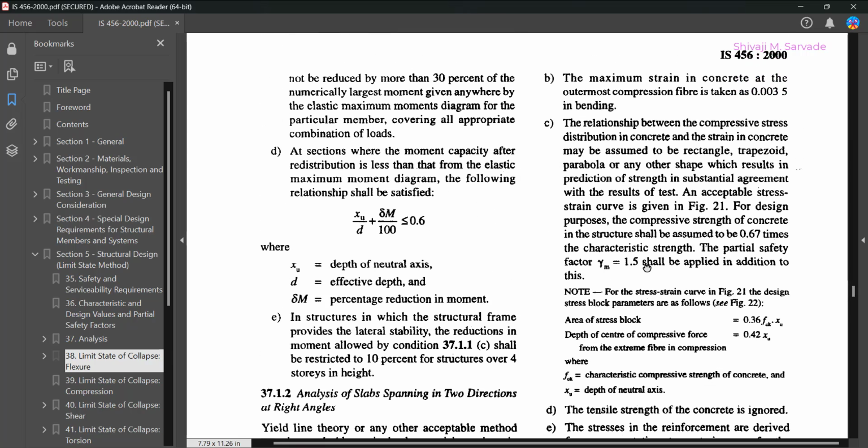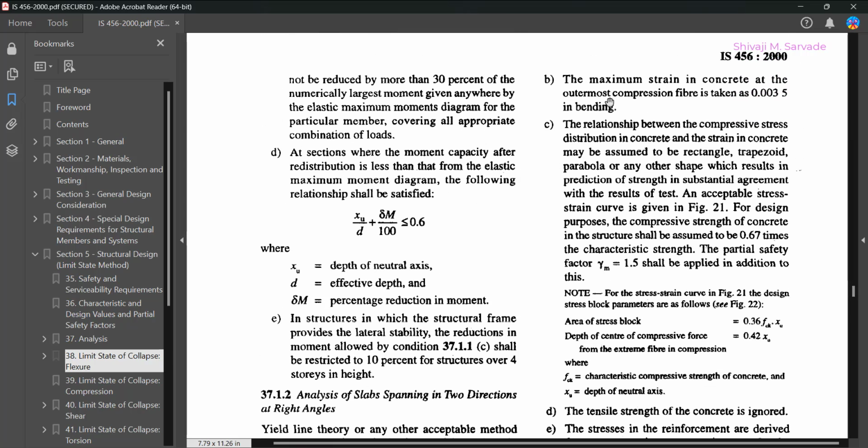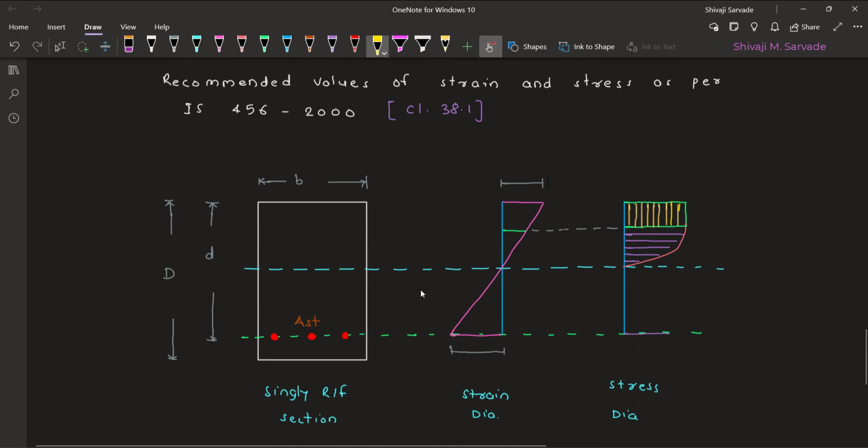So if we see, the maximum strain in concrete at the outermost compression fiber should be taken as 0.0035 in bending. So if I go to this, this is, let's say, a singly reinforced section wherein B is the width, capital D is the overall depth of the beam, and small d is the effective depth that we'll subsequently see in much more detail. For the time being, let's understand that this is the depth from the top to the centroid